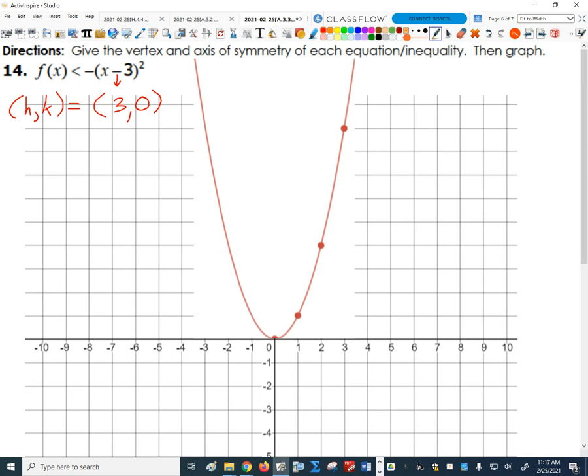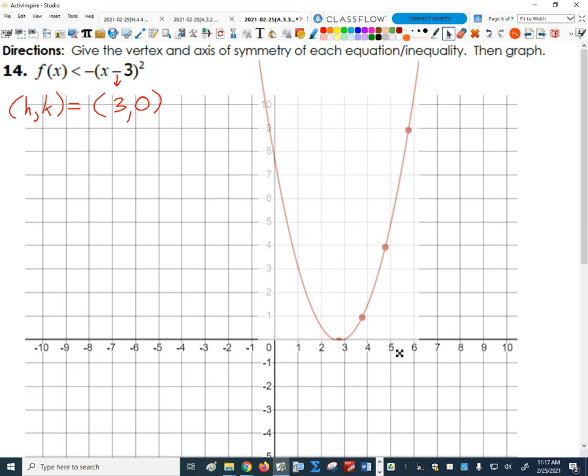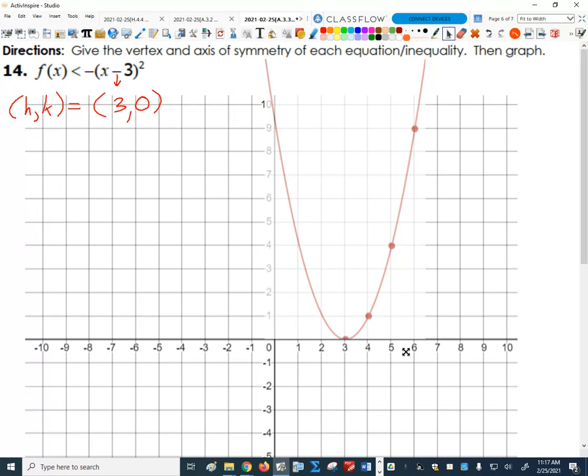But this makes sense even if we think back to when we talked about transformations. Didn't we say that subtracting a number from x meant we moved it to the right? Yeah. And what does that mean? The vertex is going to end up with a positive x coordinate then, right? If it gets moved to the right. So our vertex is at 3, 0. Let's take care of that. So I can slide this guy to the right to there. There's our new vertex, right? Okay, now